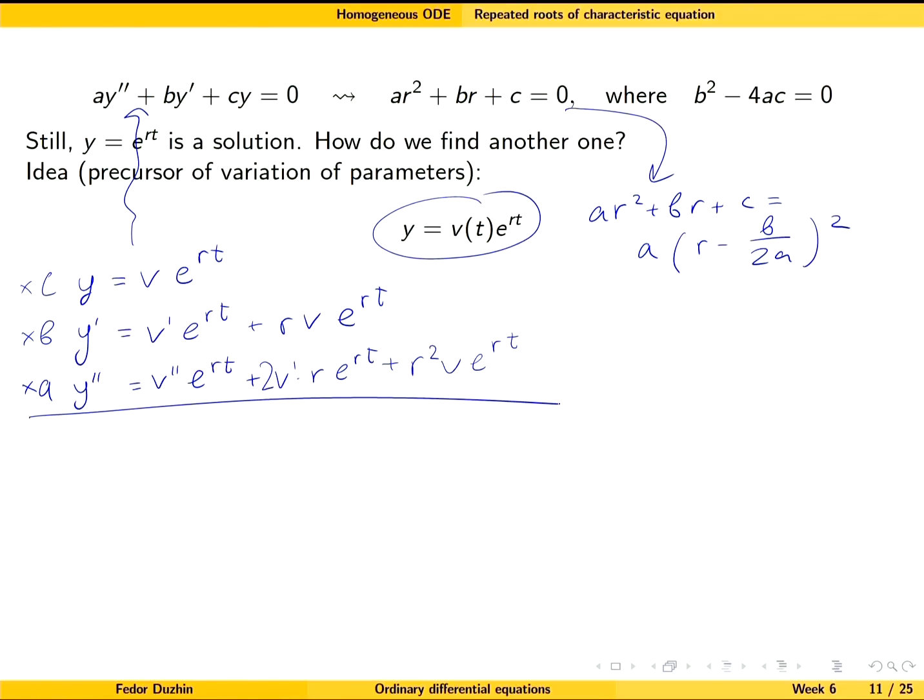And notice that this whole thing is multiplied by e to the rt, so we are going to take it out. So e to the rt times now the left hand side of the differential equation. I'm going to have a v double prime plus 2